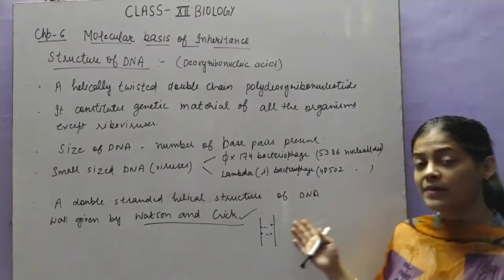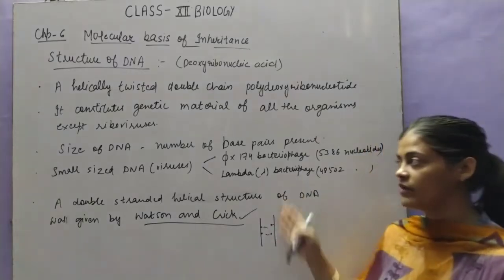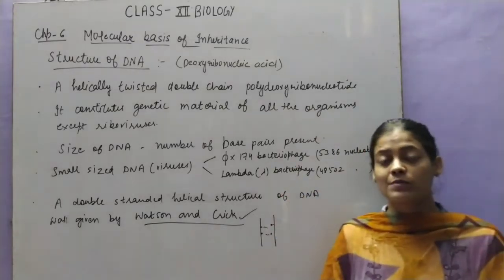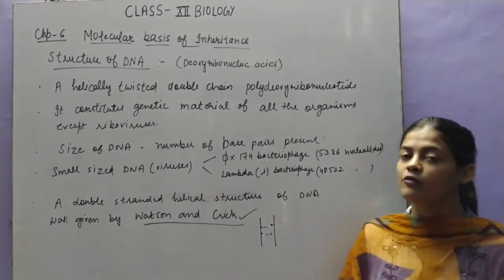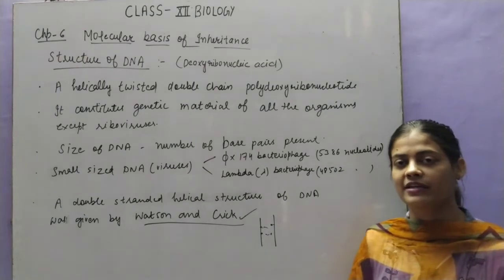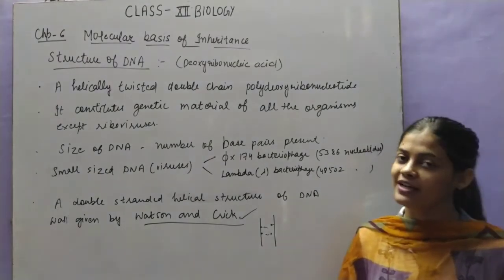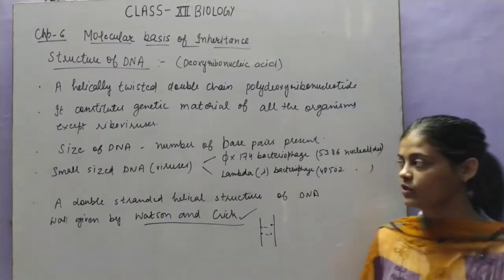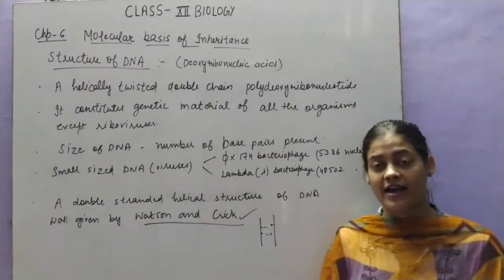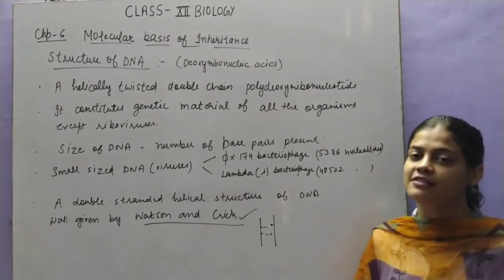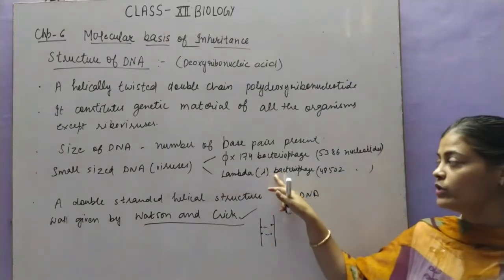Okay? What are base pairs, nucleotides, nucleosides? When I will draw the structure, then you will find it. If we talk about viruses, the DNA of viruses, as I told you, all viruses do not have RNA as their genetic material. कुछ viruses ऐसे होते हैं जिनमें DNA genetic material है और कुछ virus के अंदर RNA genetic material होता है. तो जो viruses होते हैं जिनमें DNA genetic material है, that have small sized DNA. For example, I have given 2 examples here.